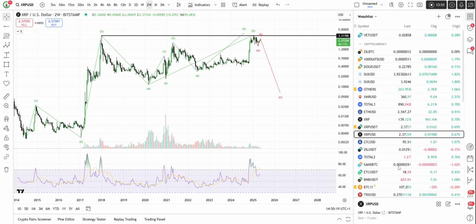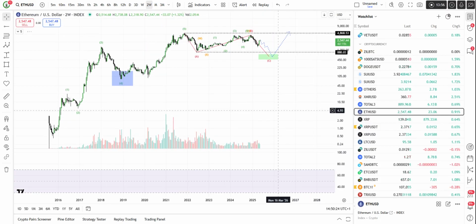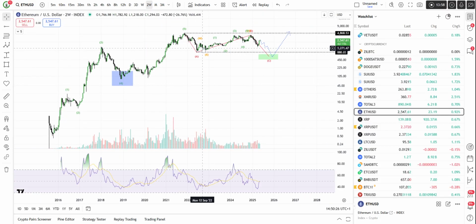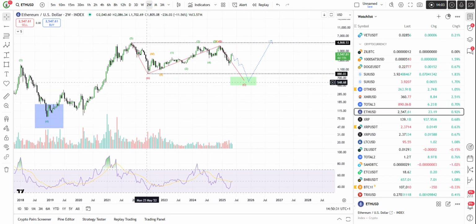Ethereum. Where is Ethereum? There we go. See, this is the same sort of thing. Look, you've got 1, 2, 3, 4, 5. You've got an A, B, C. I can count the WXY, and Y being a 5-legged structure. And then the whole corrective phase is a 1, 2, 3, A, B, C. It's very possible that Ethereum could be coming down into the mid hundreds, maybe even like $400 or something. Well, maybe not quite, but $500,